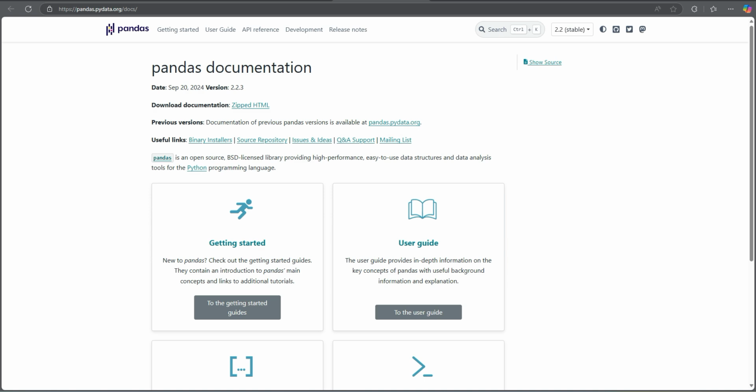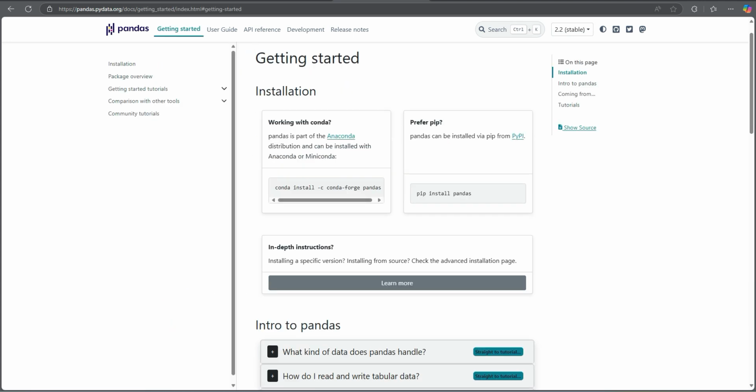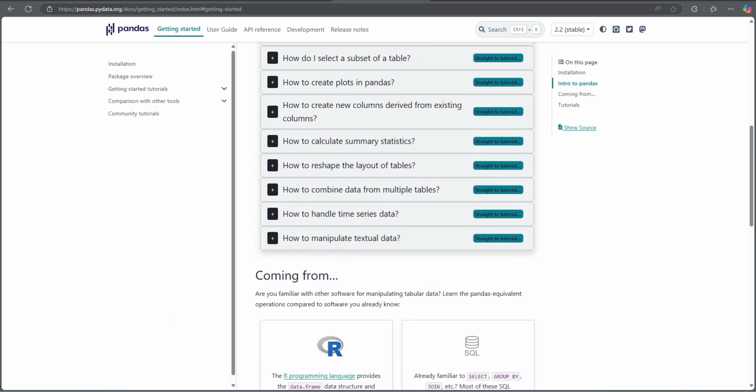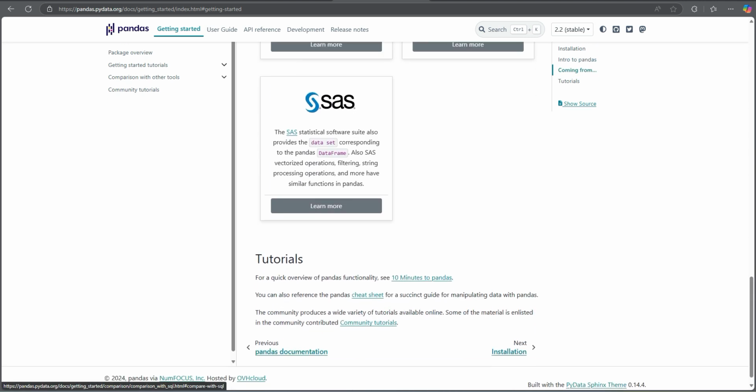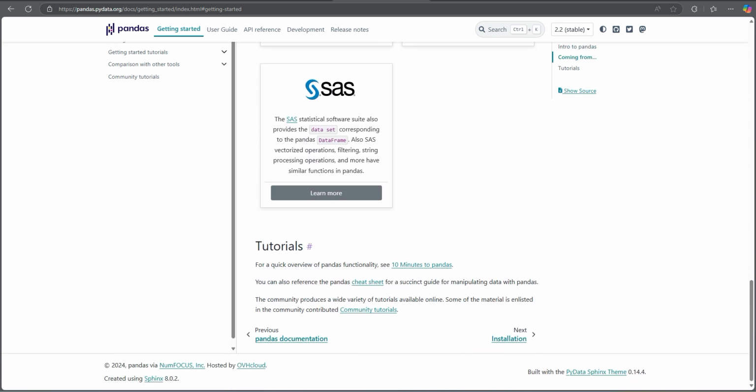package, and it says Pandas is an open source BSD licensed library that provides high performance, easy to use data structures and data analysis tools for the Python programming language. And there is a lot of information on this website. We could click on getting started to start learning about Pandas and seeing its functionality. So there are tutorials available on this